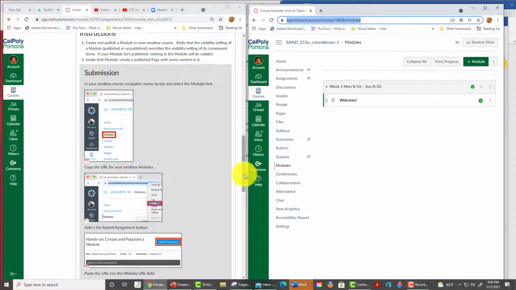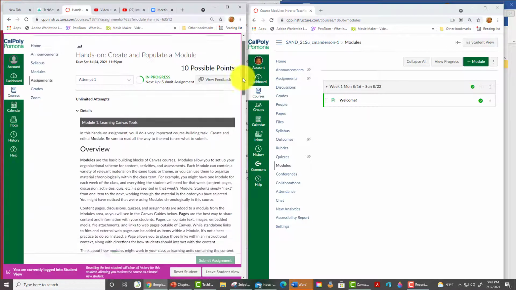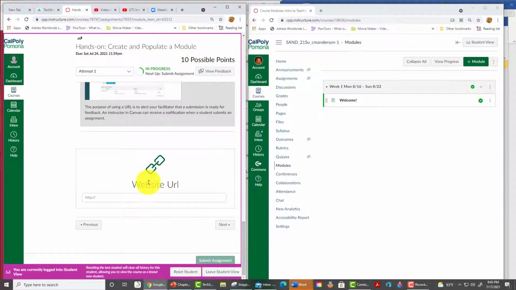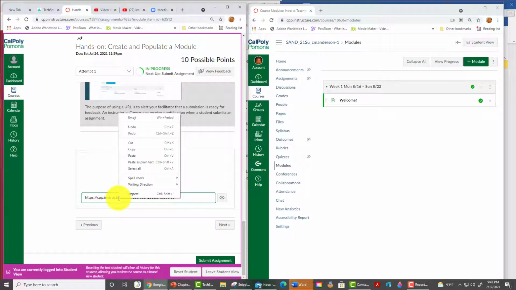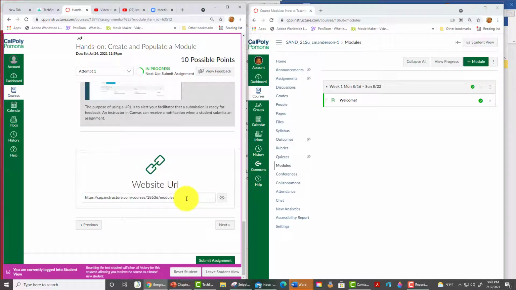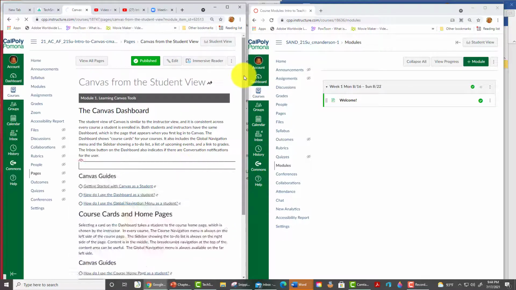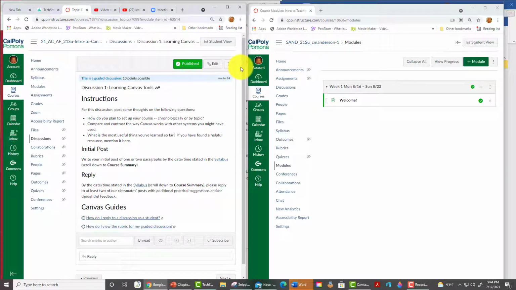I'm going to enter Student View briefly so that I can submit this assignment along with you. At the bottom of the page, I can simply put Control-V or alternatively right-click and paste. When you are done, don't forget to push Submit Assignment. Congratulations! One more assignment completed. I will now leave Student View and I will continue to scroll through the pages to get to our next